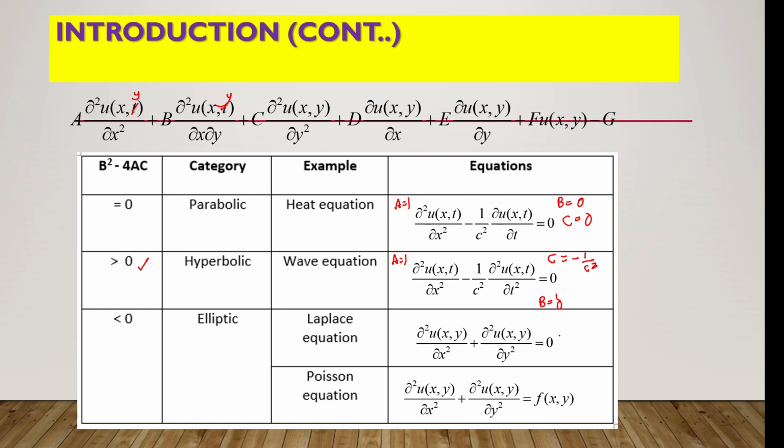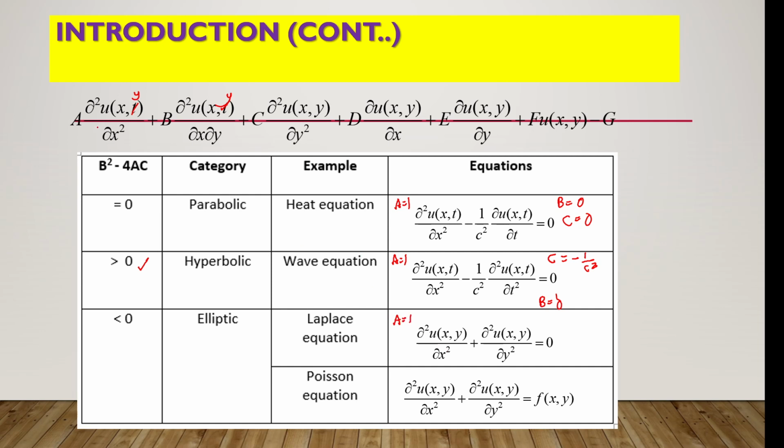For Laplace, the right hand side is equal to 0. For Poisson, the right hand side is a function of f(x,y). You see the left hand side of both the Laplace and Poisson equations is the same. When you compare the Laplace equation with the general second order PDE, a is 1,